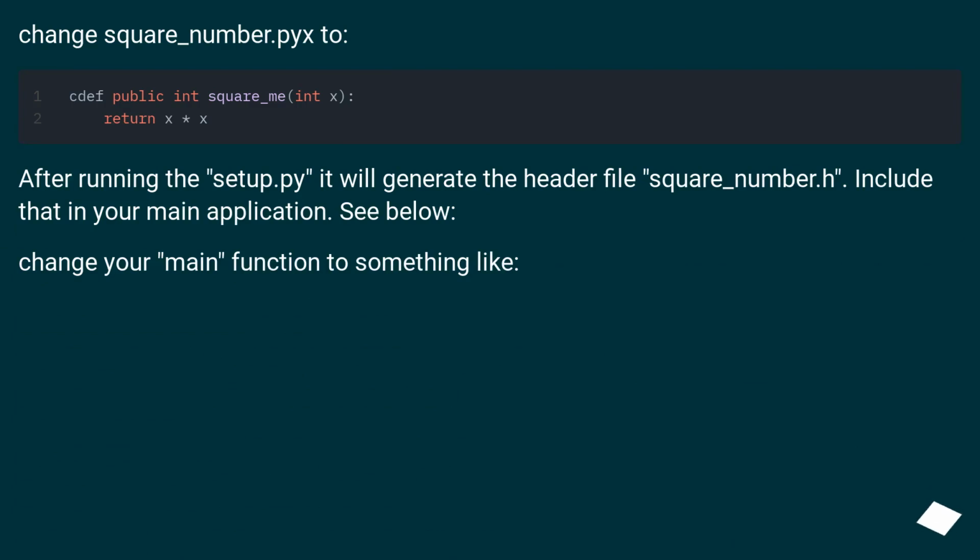Change square_number.pyx to. After running the setup.py, it will generate the header file square_number.h. Include that in your main application. See below. Change your main function to something like